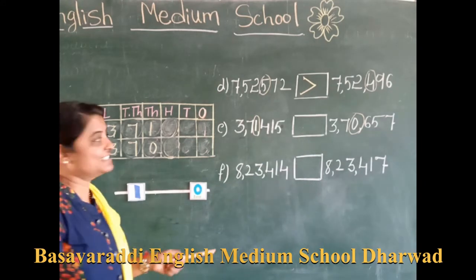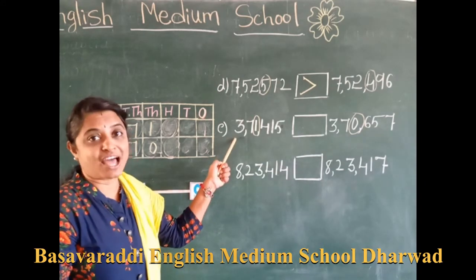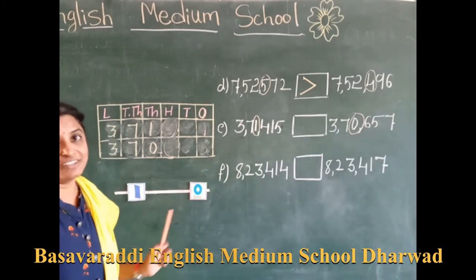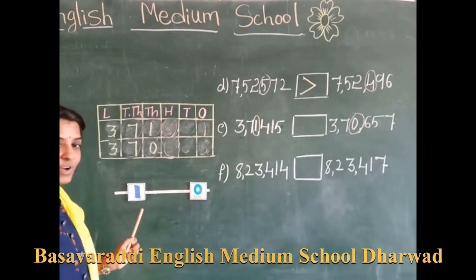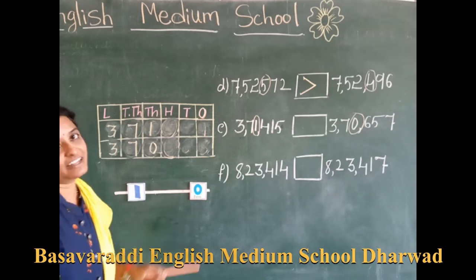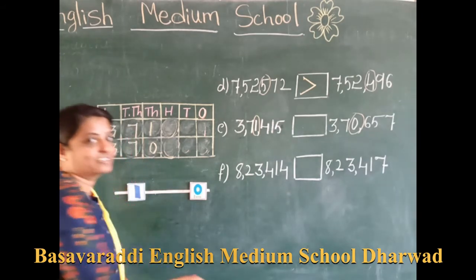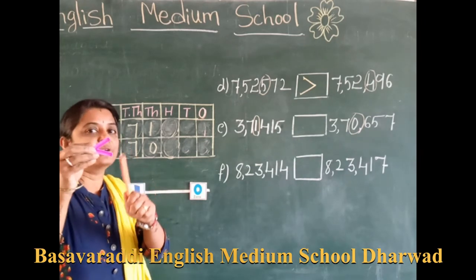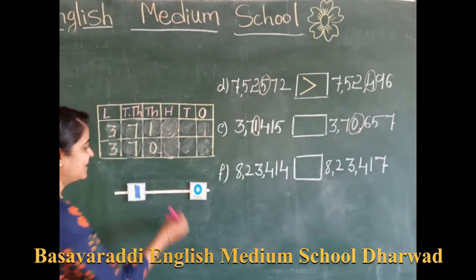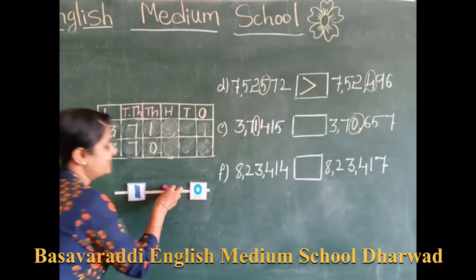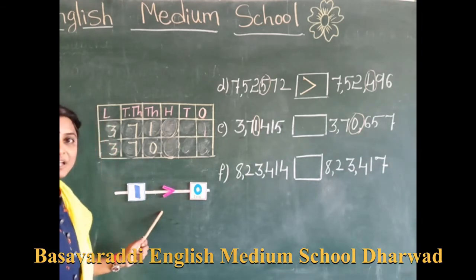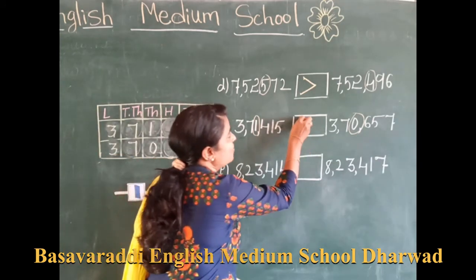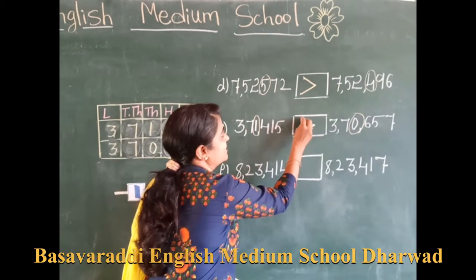Now it is very easy. See, first it is the same up to 3 lakhs. Now it becomes 0 and 1, 1 and 0. Now which is bigger? 1 is bigger or 0 is bigger? Then 1 is the bigger number. Then what do we have to do? Always put the open mouth towards the big number. Our big number is 1, so keep the open mouth towards 1. Then same, keep the open mouth towards 1 here also.